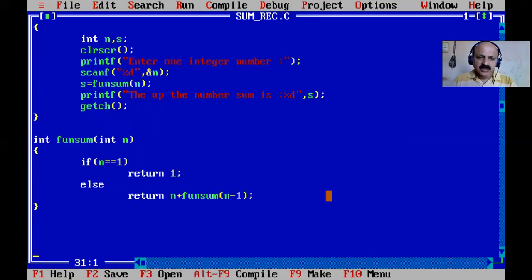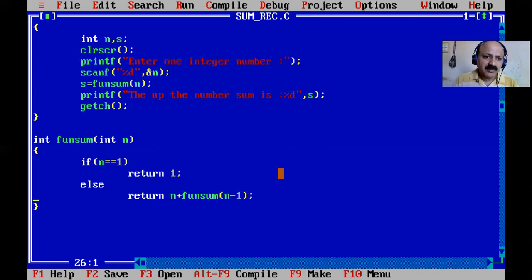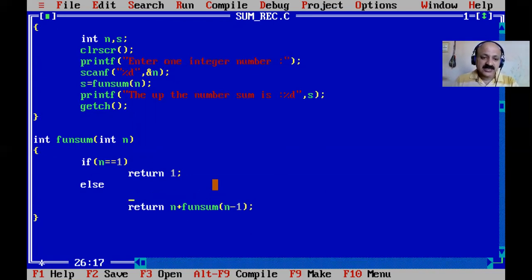How is it possible? Here the recursion technique uses the stack. Whenever we pass n as 5, the condition checks whether n is 1. No, so it goes to the else part: n is 5 plus sum of n minus 1, so the function calls itself. So here 5 is waiting, and push means inserting into the stack. The recursion technique uses the stack algorithm, and the push operation, the technical word, is insert.